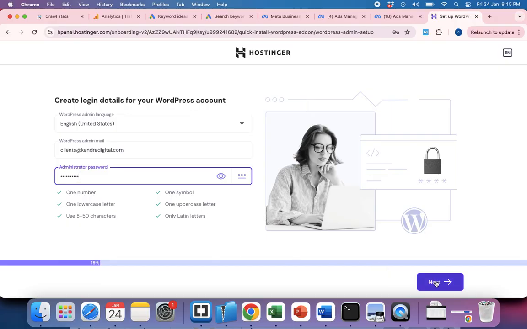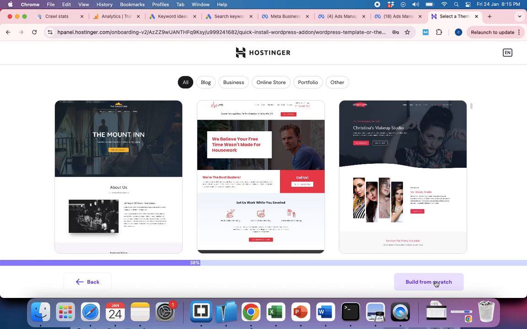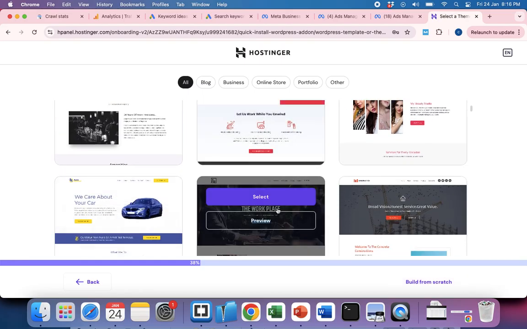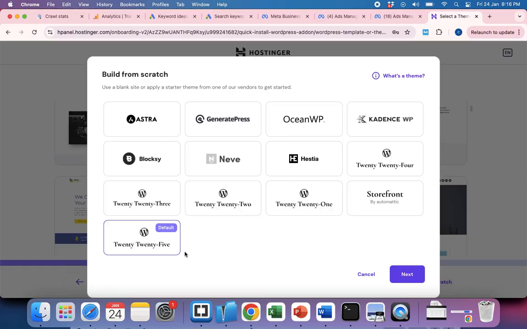Right? So this is the first step that we did yesterday also. Today also we are doing the same. But now from here things will change, right? So yesterday we had picked one of the templates here and we just clicked on build the website, right? So when you build it from scratch, your website cannot be empty, it should have some template applied and there will be a default template, a plain template will be applied, but there are some options you can use, one of them, but anyways always go with this 2025. Just click on next,